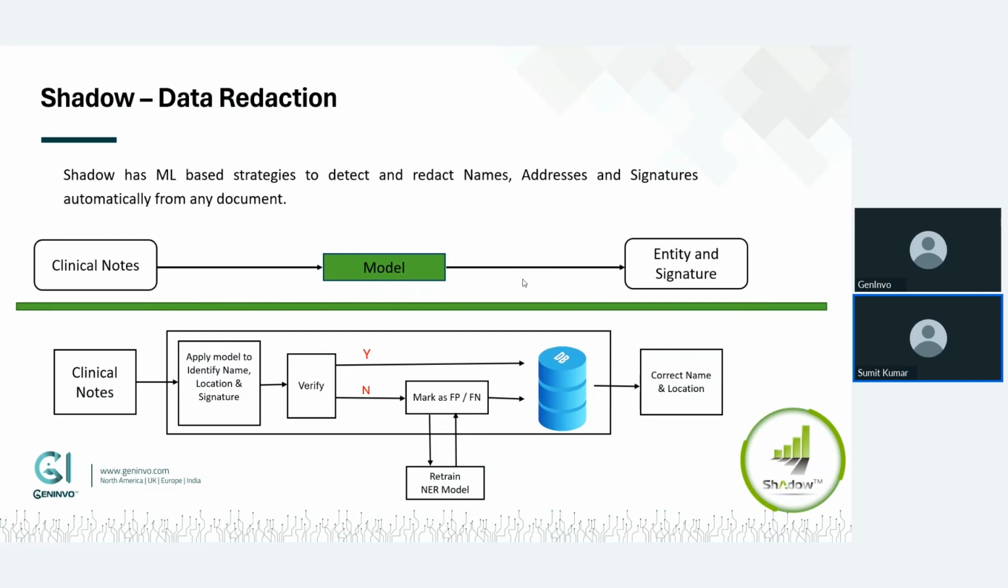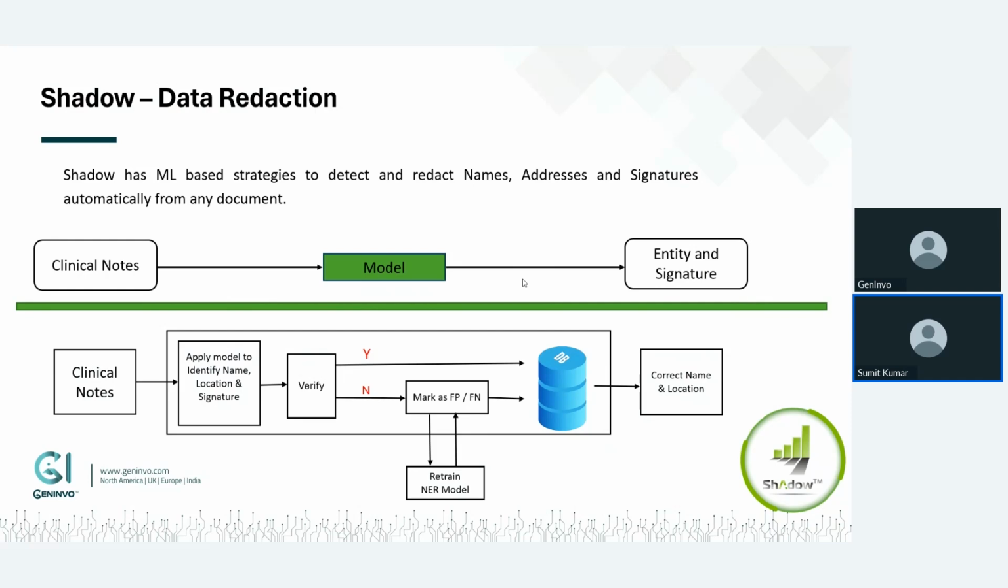Shadow has an ML-based strategy to detect and redact names, locations, and addresses. In the addresses, the algorithm can easily identify the location, zip code, email address, house number, and all that information. Other than this, there is one separate algorithm for signatures and handwritten notes, which can be easily